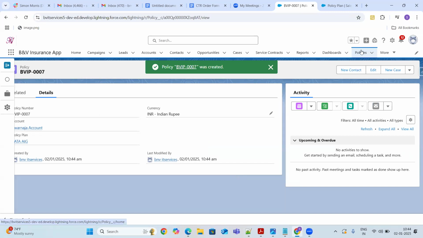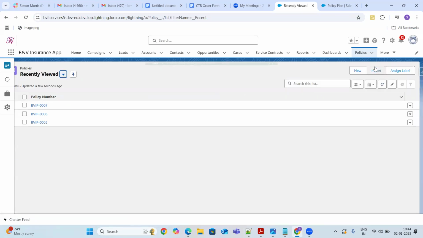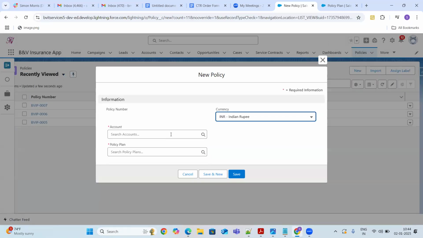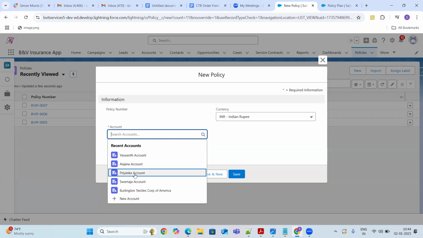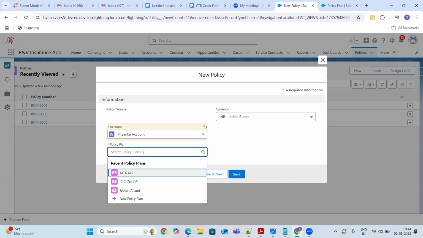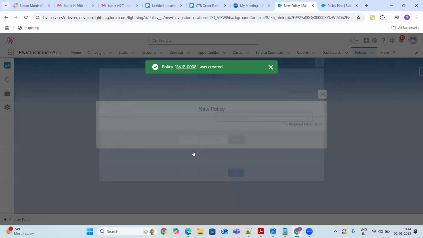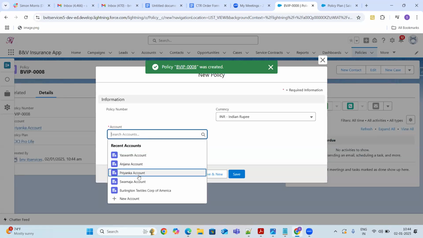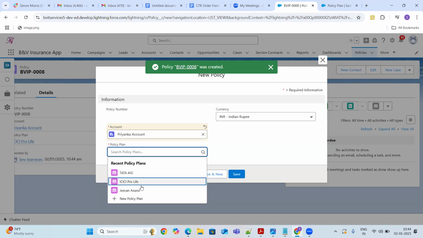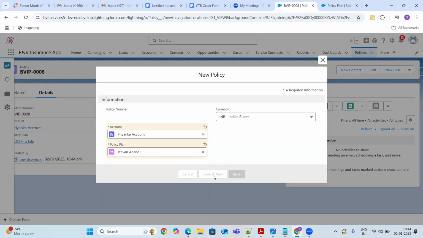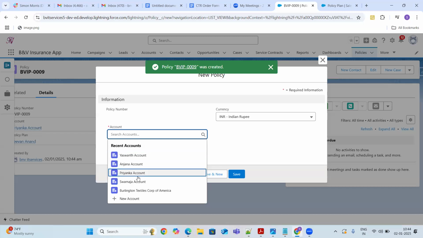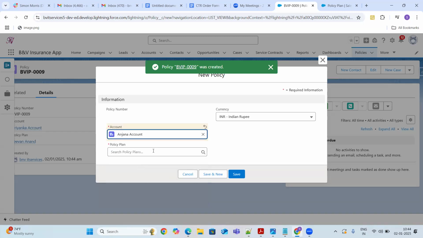Let me do it for Priyanka also and search ICICI Pro Life Plan. And now I'm doing it for the other 2 accounts also.